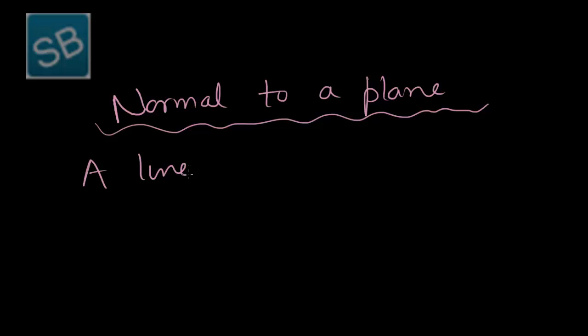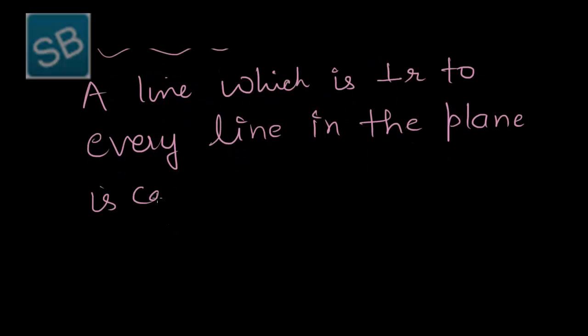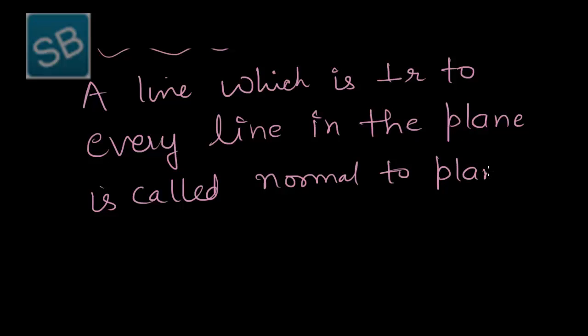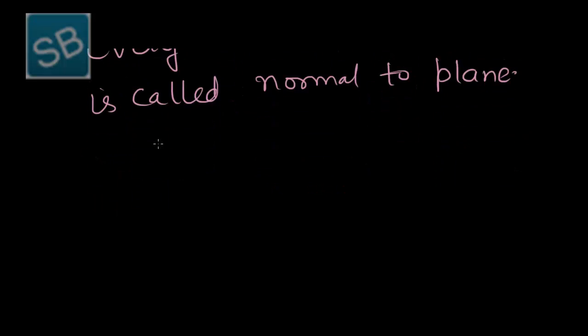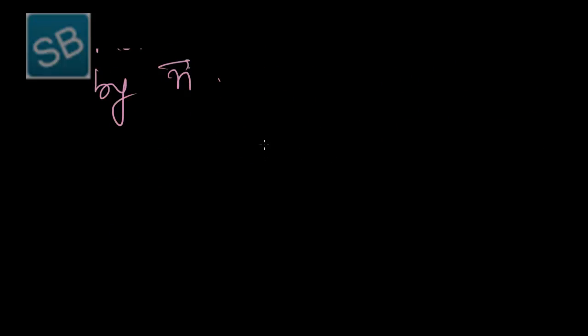A line which is perpendicular to every line in the plane is called normal to plane, and normal to plane is denoted by vector n. So if we have a plane